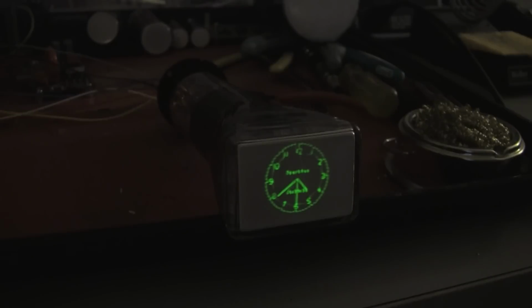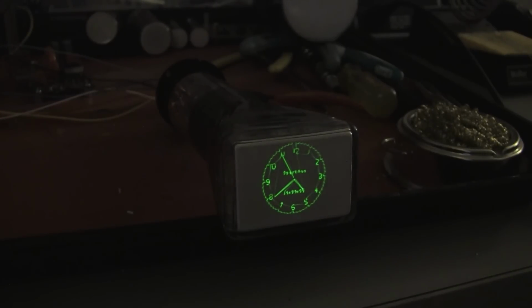Astigmatism is balancing the DC average of the deflection plates against the second anode. There, it's getting sharp. I'll touch up the contrast. There we go. Touch up the focus again. You just keep walking the controls until you get there. And there you go. That is the AVR scope clock